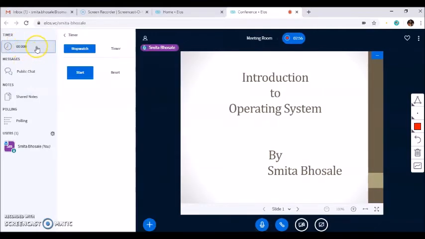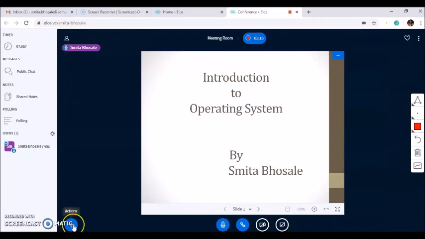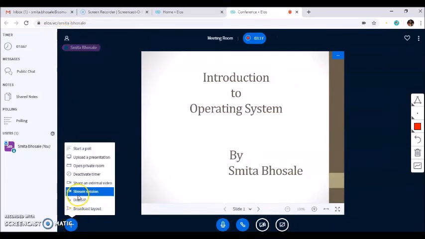Click on this. It will allow us to use the stopwatch. You can start. So the stopwatch has started now. You can also stop the timer. This is how the timer can be used. You can deactivate the timer.